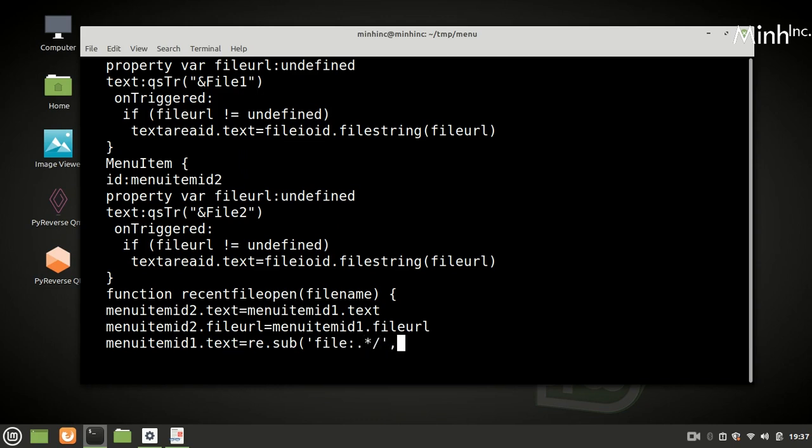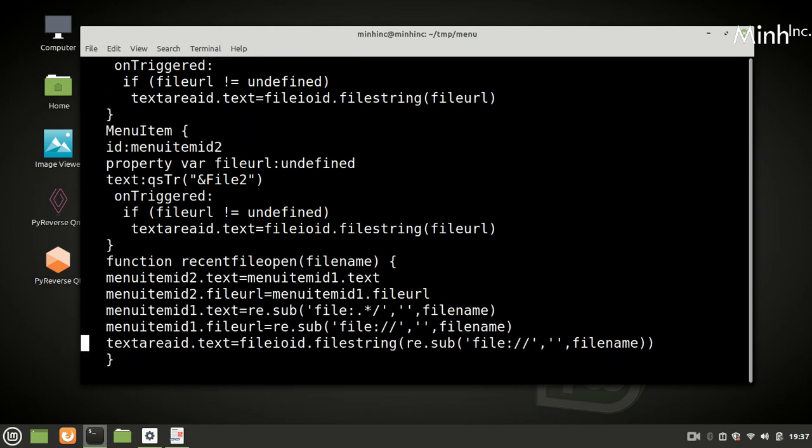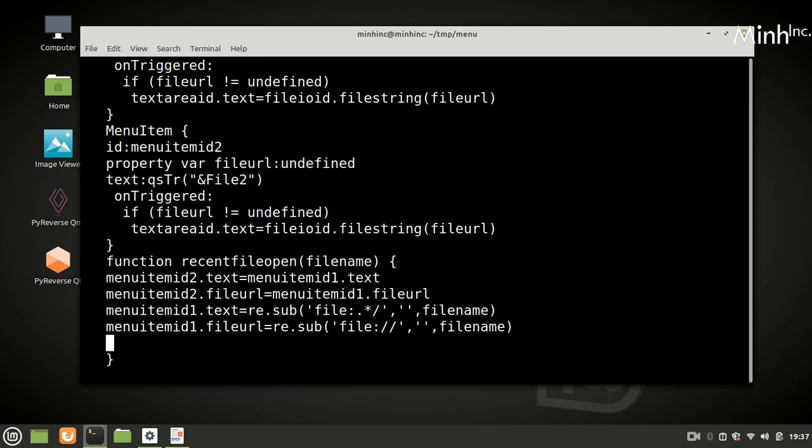So we'll extract only the file name, and it will be only the complete path, and so we'll call menu item id1 dot triggered.